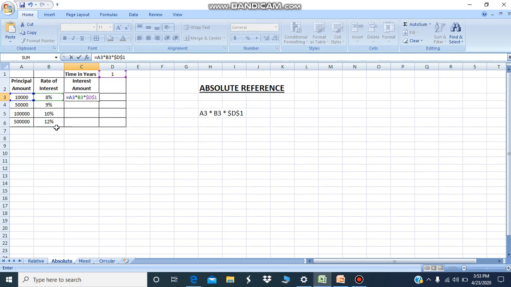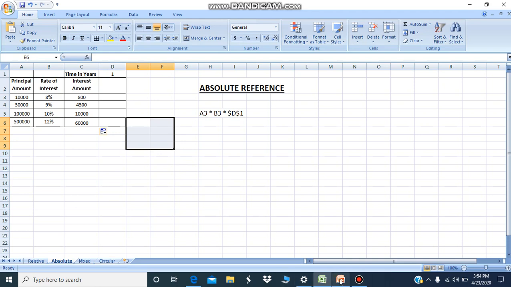You can see that when I type $D$1, this value has been selected, means to say that this is the absolute value. By pressing enter you can get your result. You can see the formula in the formula bar. With the help of fill handle you can find the rest of the values. Now you can see in each successive cell that the relative part of the formula has changed, but absolute part remains the same because it has fixed cell reference.